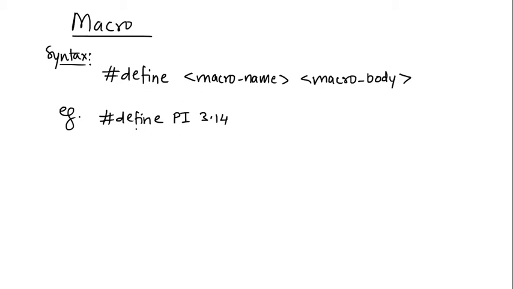Okay, so you can clearly see, and let me take an example of how we use it. Suppose I want to find the area of a circle, so it is pi r square, pi into, let's say, r into r for radius. Now this PI will automatically be replaced by 3.14 wherever you use it, or however many times you use it in the program. So we obviously get that benefit also. If at all you want to make it 3.142, you only have to change it at one place. So everywhere it will be automatically changed.